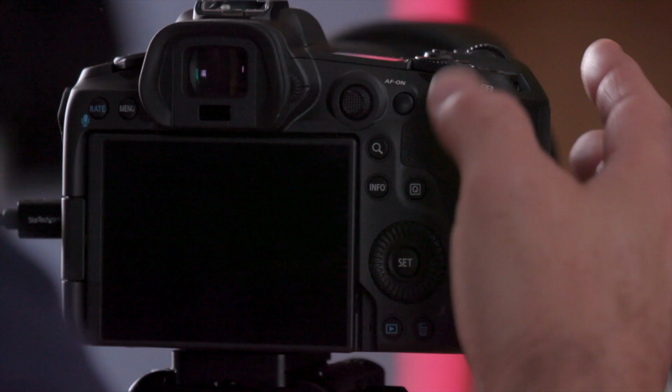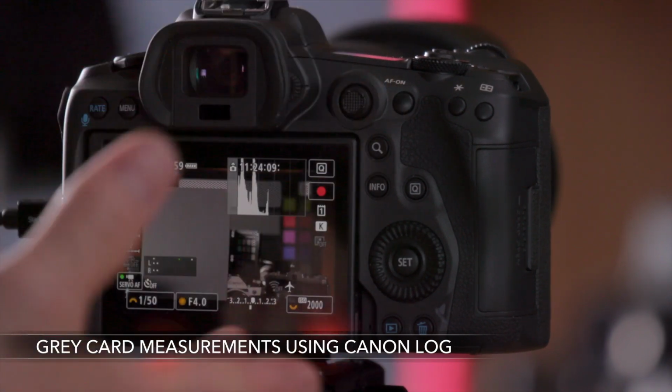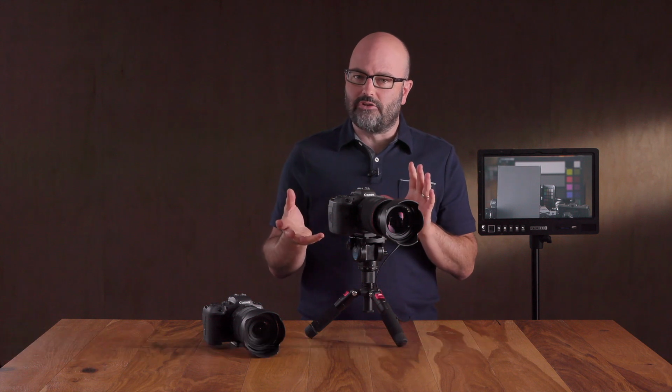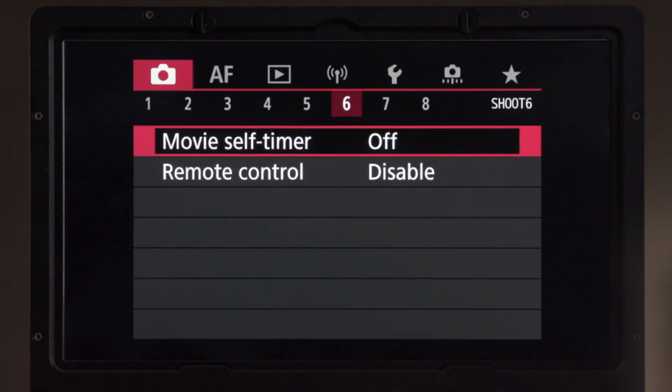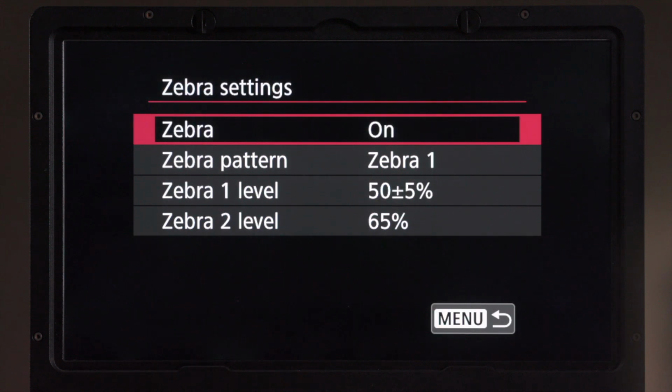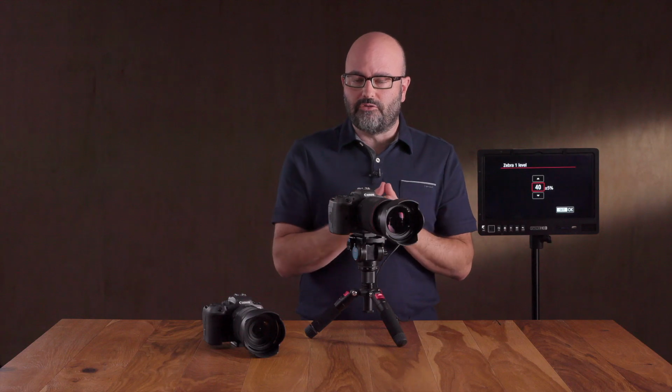we'll see a big shift in terms of our histogram here on the screen. We're protecting our shadows and our highlights. And we also have to make some changes in terms of our zebras if we want to use those for exposure. So I'm going to go into my settings here. And because we're shooting with Canon Log, my experience has been that generally I'm going to set my zebras to about 40% plus minus 5%. Sometimes I'll go as high as 45%, but 40 is really that sweet spot for me